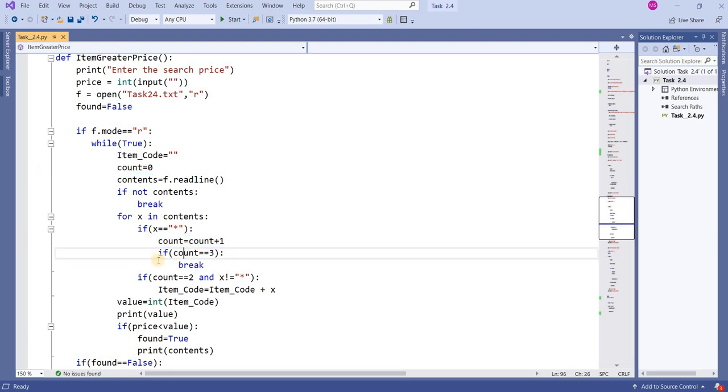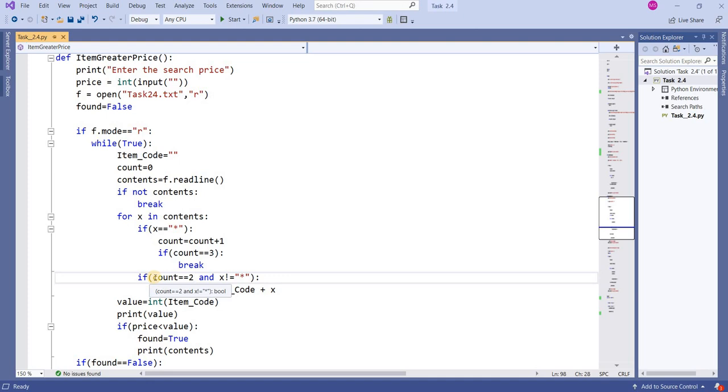And when you get 3 stars, break it, because 3 stars means I don't want to move next, because next one is the item stock. And if count equal to 2, here I have written 2, before I had written 1.